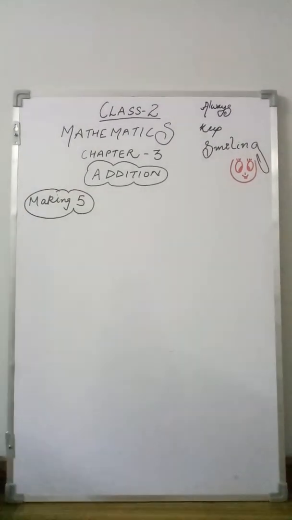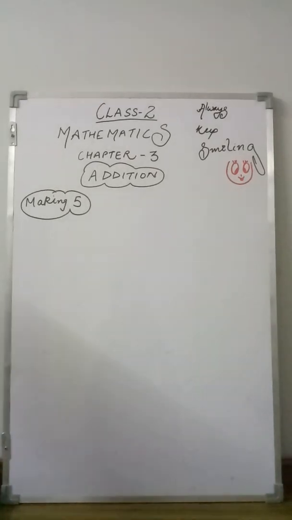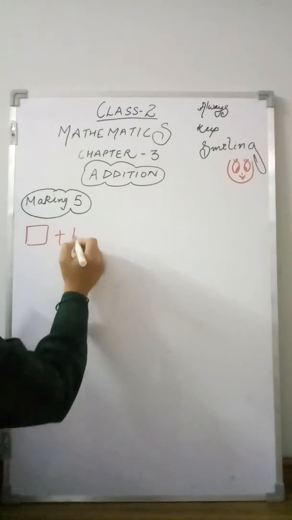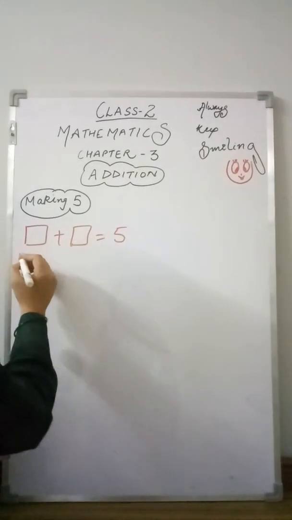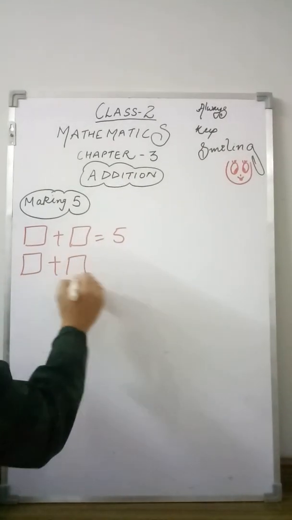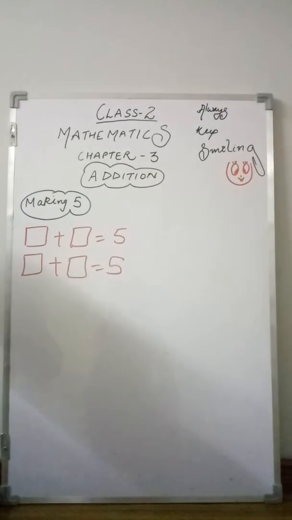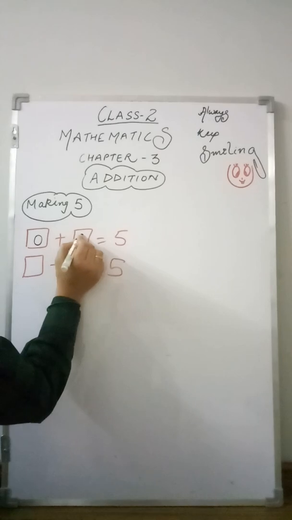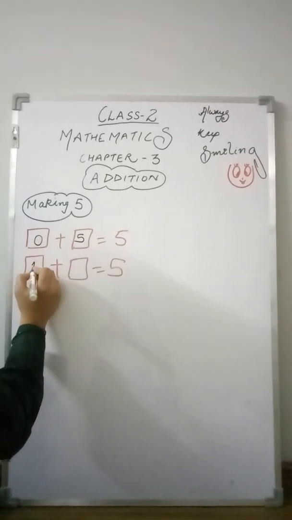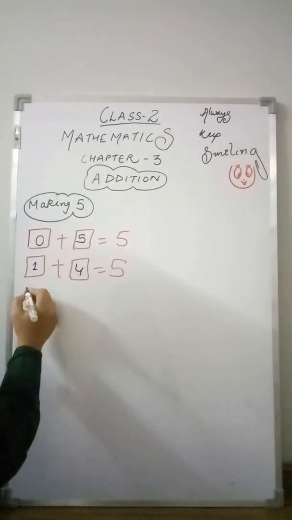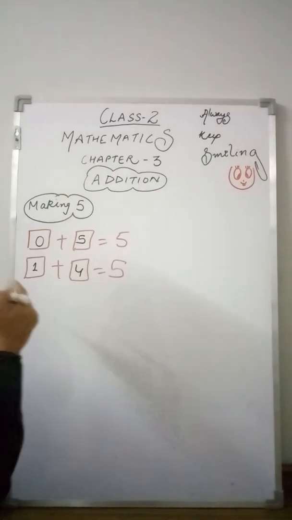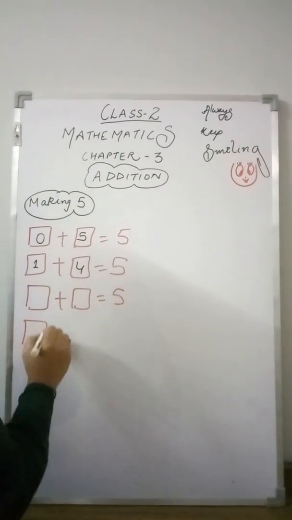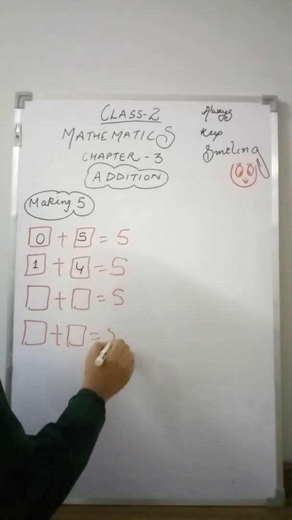Let's take how to make pairs of 5. Making 5 this time. Again I have so many pairs whose sum is 5. Let me check. First I just want to start with 2 numbers, then we'll see how many numbers are there. 0 plus 5 is the first pair, then come to the next one, 4. Okay, I have more numbers also, so make the more boxes. Student, this is the very easy method to do these sums.